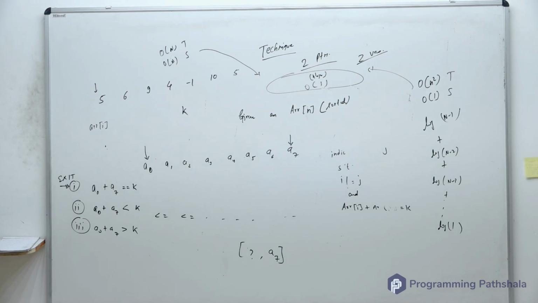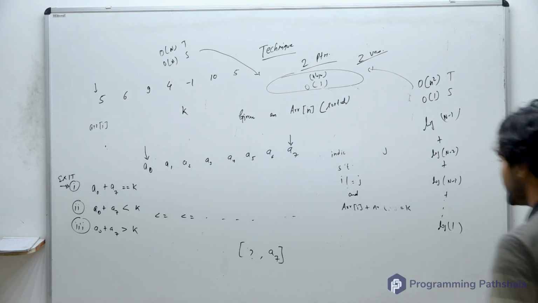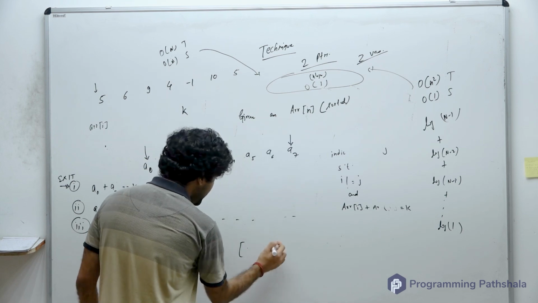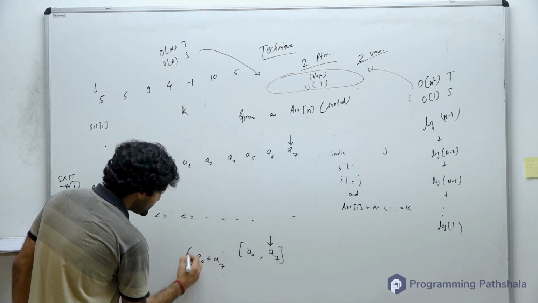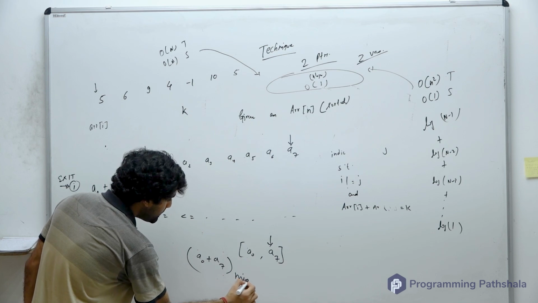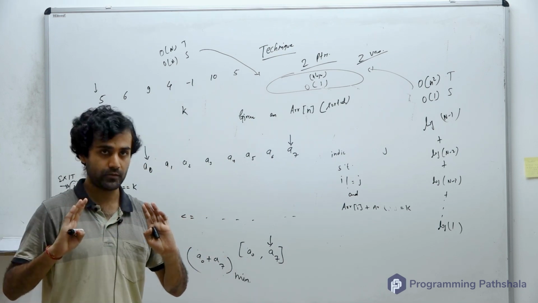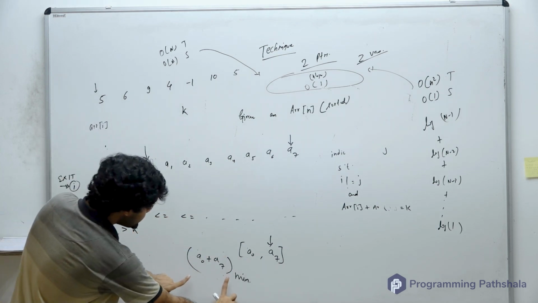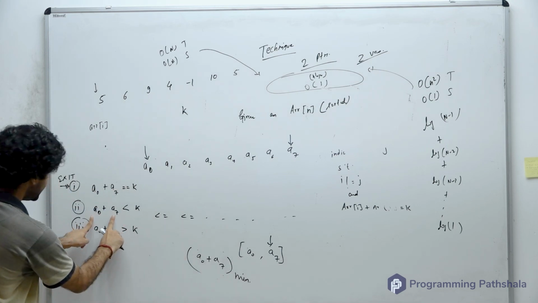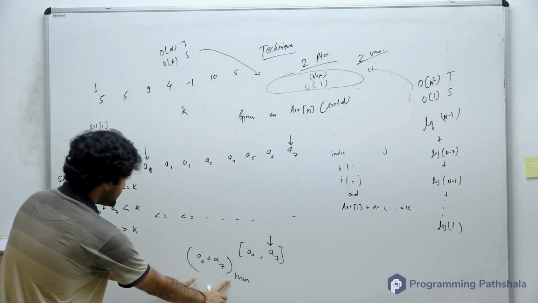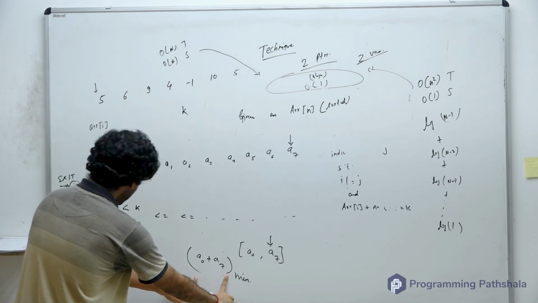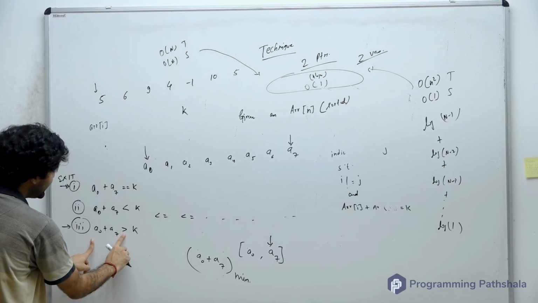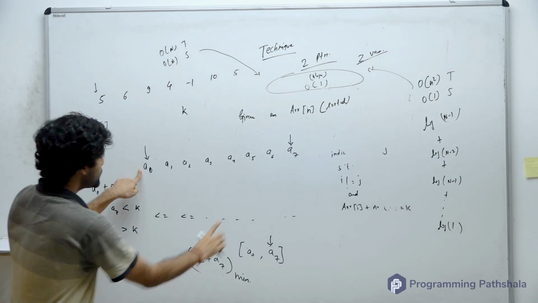It should simply be A0, right? Because A0 is the smallest such element. So if you are rigid about this, then A0 plus A7 is the minimum most value that you can attain. Now let's come to the third case. So if this value itself happened to be greater than k,